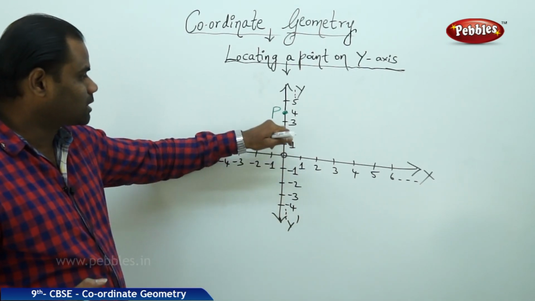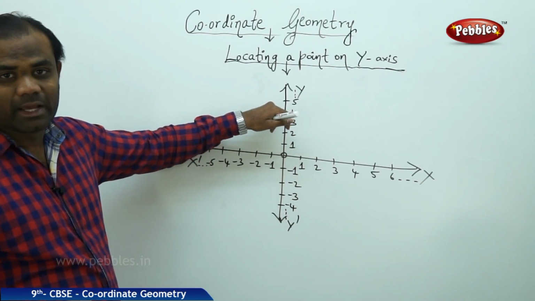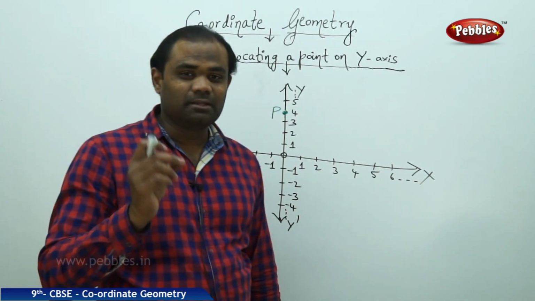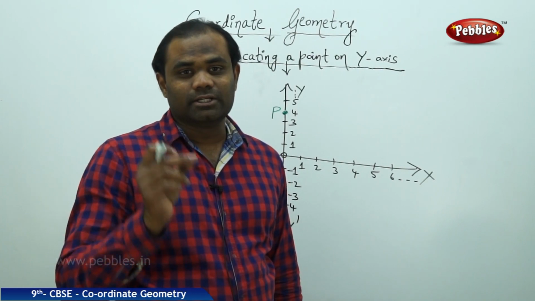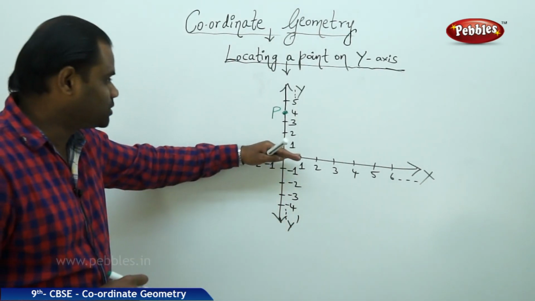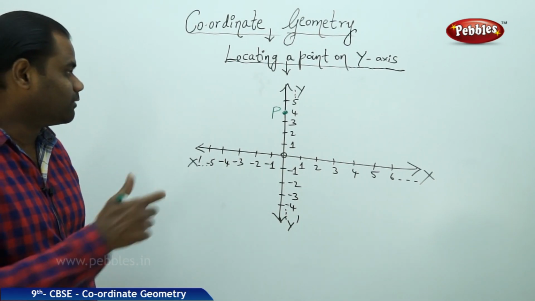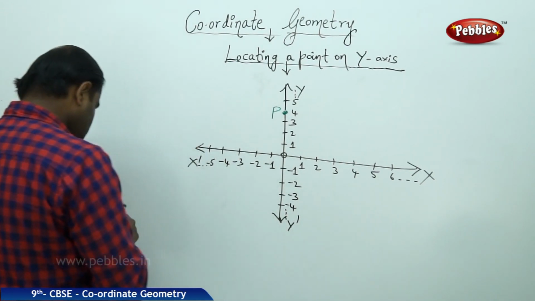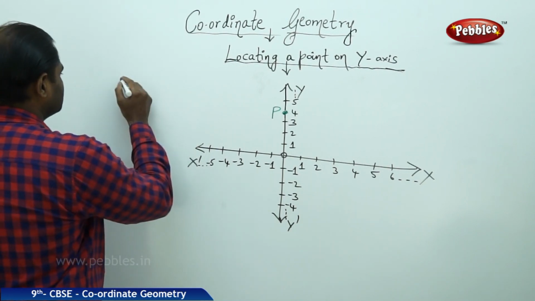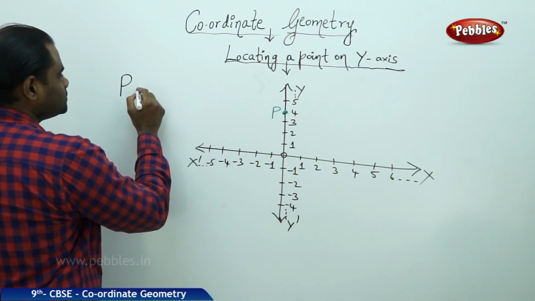It directly jumps up 4 units along the y-axis. So this makes me understand that there's no change in x, but there is a jump of 4 units up in y. Therefore, the coordinates of P,